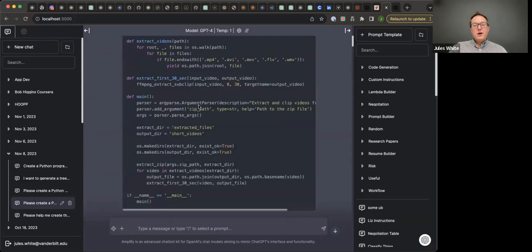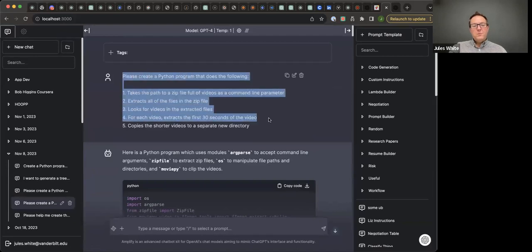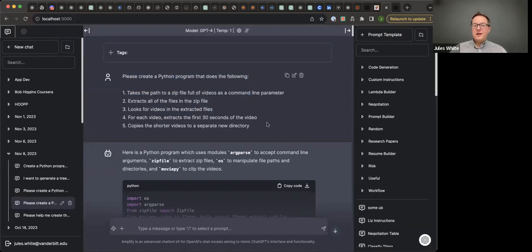So the first prompt I used, I was trying to be as detailed as possible, step by step, about what I wanted to do. If you start off with something more high level and you don't give it enough detail, you're probably not going to get